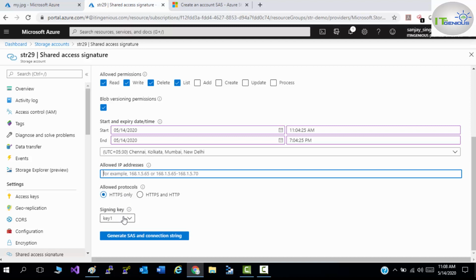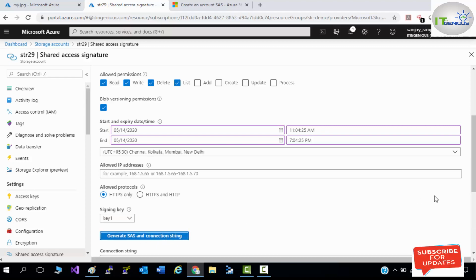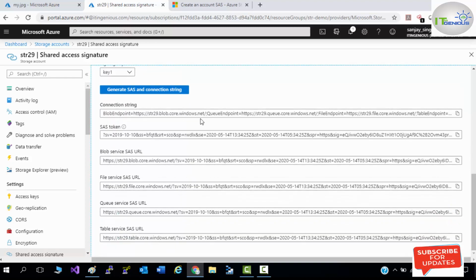Now the connection string. Shared access signature will use your access key, so you choose which access key you want to map with this shared access signature. I'm going to use key one. Then there is the option generate SAS and connection string. Click on it. This will generate a connection string, which you can see is generated here.